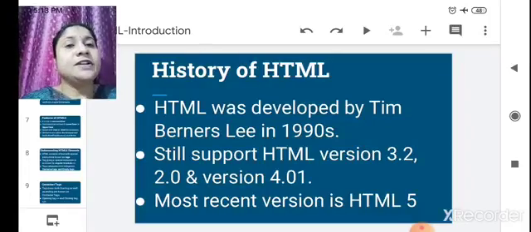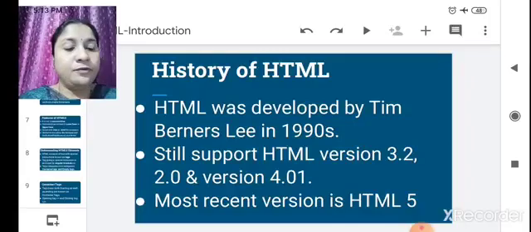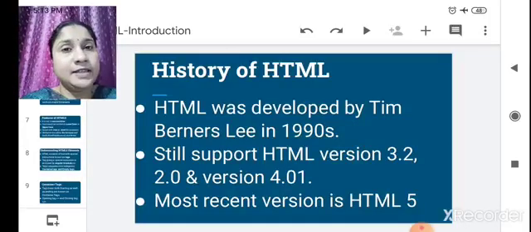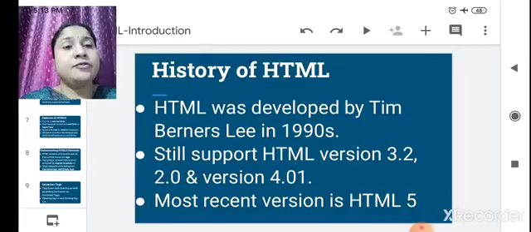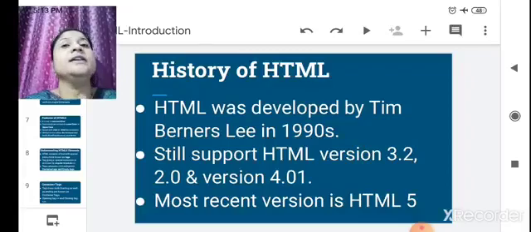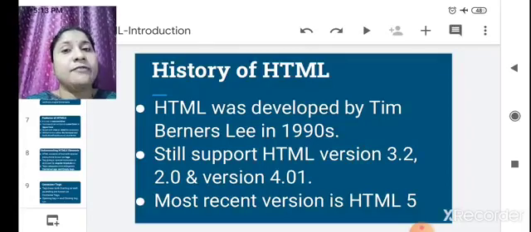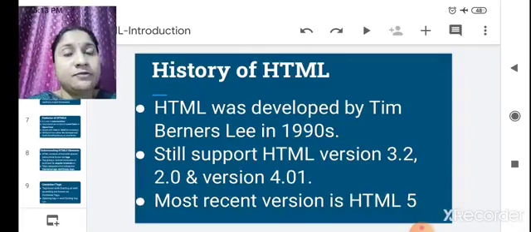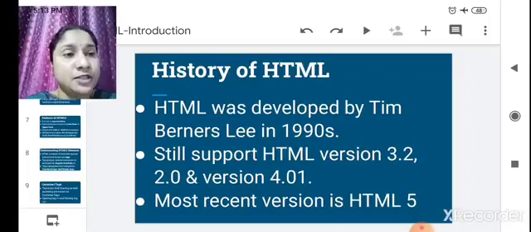Version 4.01 has rules which include more than 90 HTML tags, whereas HTML5 has rules which include more than 100 HTML tags.